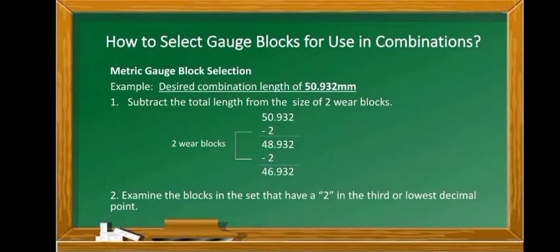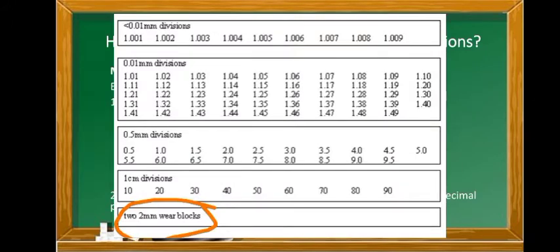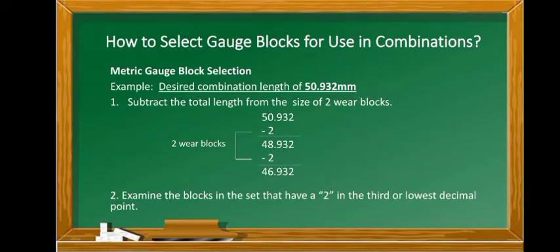Now, let's have another example using the 88-piece set of metric gauge blocks. This is performed in the same manner. A desired combination length of 50.932 millimeters. First, subtract the total length from the size of two wear blocks. The length of the wear blocks using the metric set is 2 millimeters. So 50.932 minus 2 equals 48.932. Then we subtract the second wear block, which is 2, to get